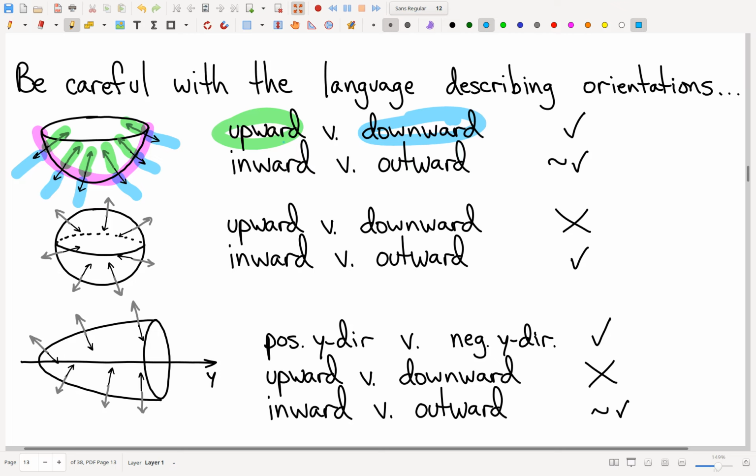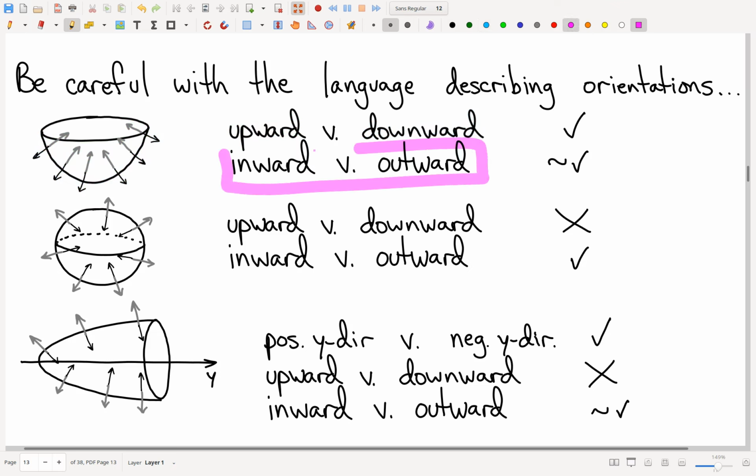No one is going to look at this word upward and think this blue orientation. None of these blue vectors are in any sense upward. They're all at least somewhat downward. And vice versa. The word downward, no one would think this green orientation. It's not perfectly descriptive, but it removes all possible doubt. It removes all possible ambiguity. So that's the job of the language. The language's job is not to be precise. The language's job is to remove ambiguity. Now, that in mind,